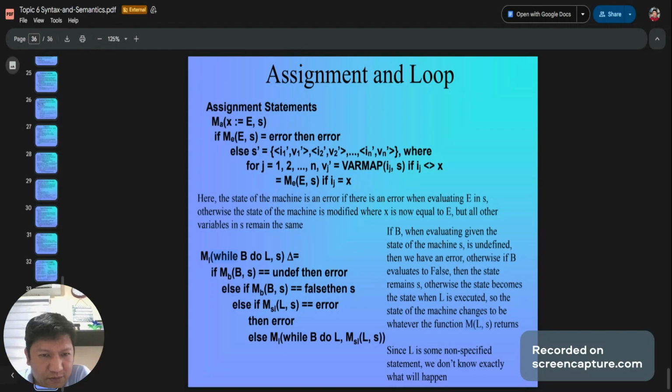There's a while loop. There's an if else here, a nested if else. Then there's another while loop here, and it's calling a function. So yeah, it's ambiguous.